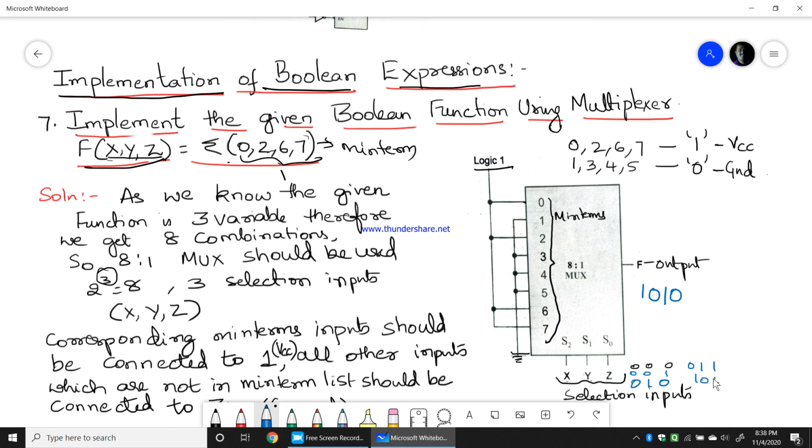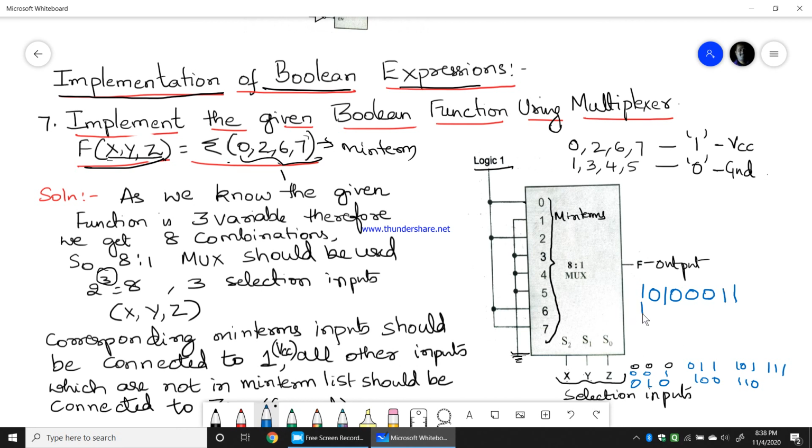For 1, 0, 0, 4 is selected, 4 is 0. For 1, 0, 1, 5 is selected, 5 is again 0. For 1, 1, 0, 6 is selected, 6 is connected to logical 1, so 6 is 1 actually.